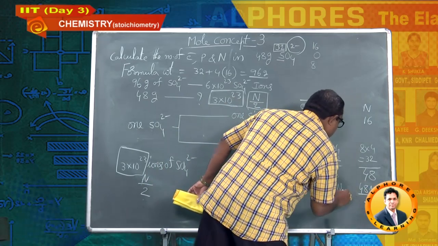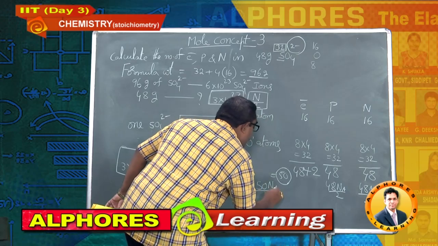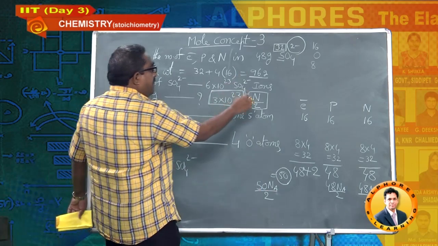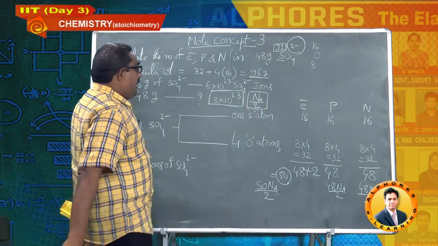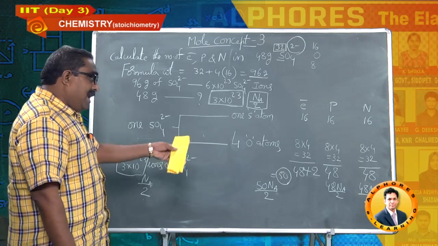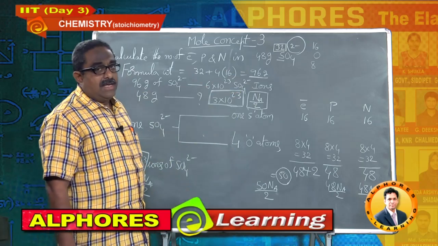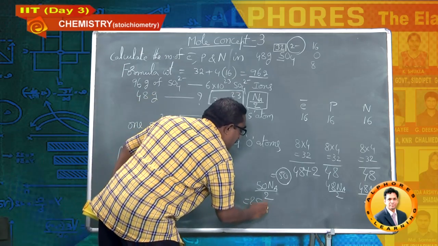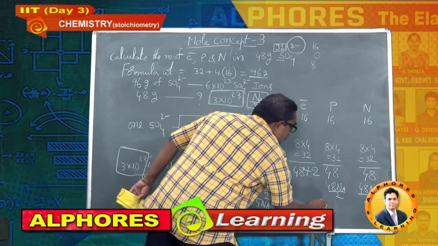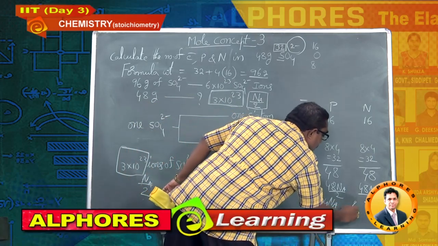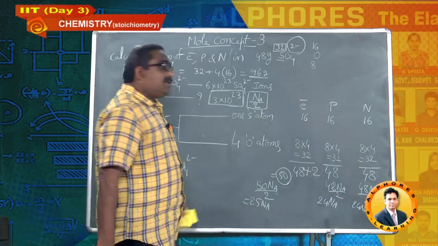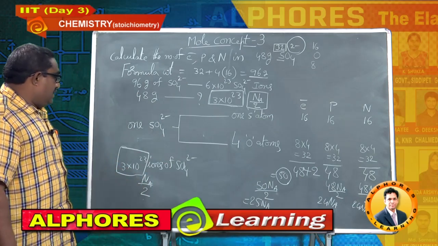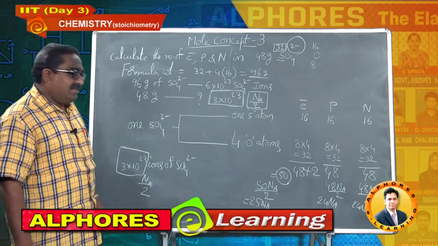N, I am going to write it as Na, students, because we are using capital letter N for number of neutrons. So I made a small change in the notation. Na it is better to write, because N is also a symbol we are using for number of neutrons. Don't get confused. So the final answer is 25 Na here, 24 Na here, 24 Na here. If anybody asks you to give the answer in value, you should multiply that with 6 into 10 power 23.